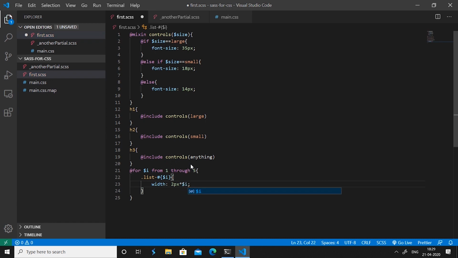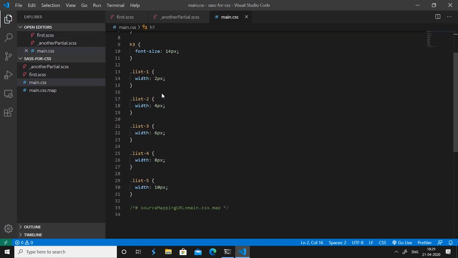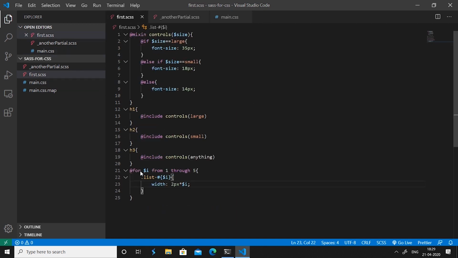It makes sense. Now if we save this file and go to our main.css, we'll see it has list 1 2 pixels, list 2 4 pixels, list 3, list 4, and list 5. So the for i from 1 through 5 gives you a loop from 1 to 5 including both 1 and 5.